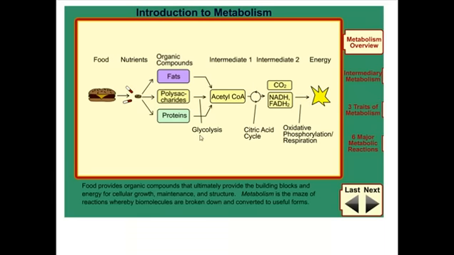From here on, the cell starts to make ATP with the energy stored in these organic compounds. For example, fats, polysaccharides and proteins are broken down to a molecule called acetyl-CoA. It's a very important molecule during the metabolic processes going on in our cell, and the process is called glycolysis. When these nutrients go through glycolysis, they form acetyl-CoA, and after the acetyl-CoA formation, another type of metabolic process occurs. Its name is the citric acid cycle, also called the TCA cycle, or tricarboxylic acid cycle.